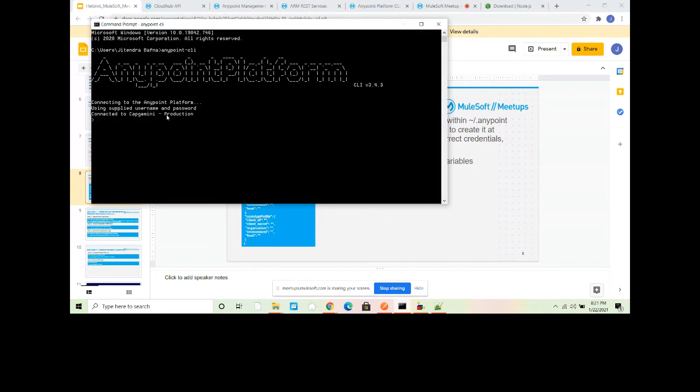It connected to Capgemini production. This is my organization, and this is my environment, which I have set up in my environment variables. Now it will start the interactive shell, basically like a command prompt in interactive mode. This is the first command to start your Anypoint CLI.